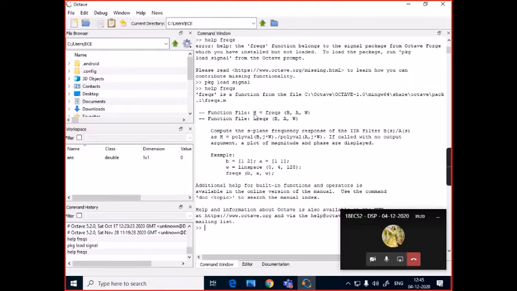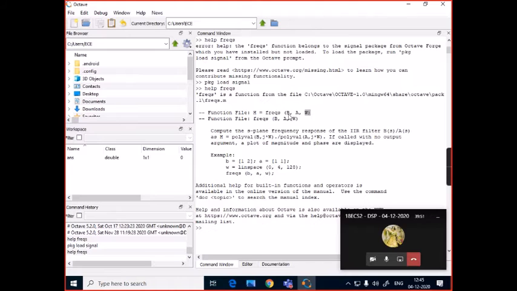One of the methods to use it is H equals FREQS of B comma A comma W. Now what are B, A and W? B are the coefficients of the numerator, A are the coefficients of the denominator in the system function, and W are the frequency range with respect to which we'll be calculating these.